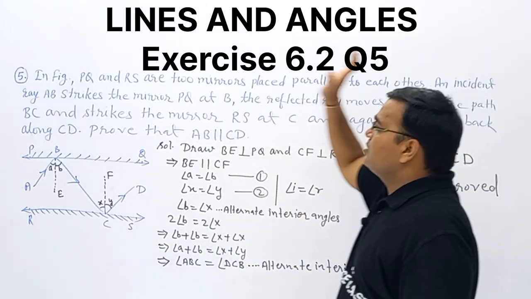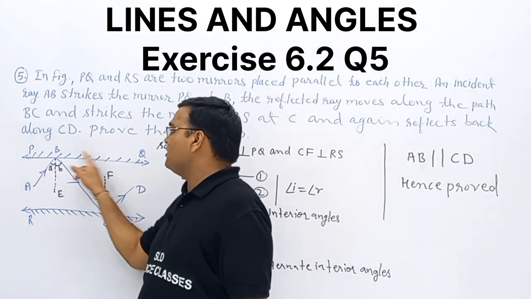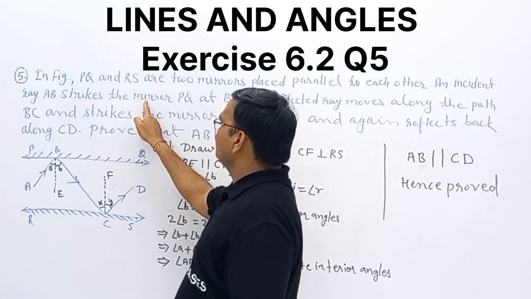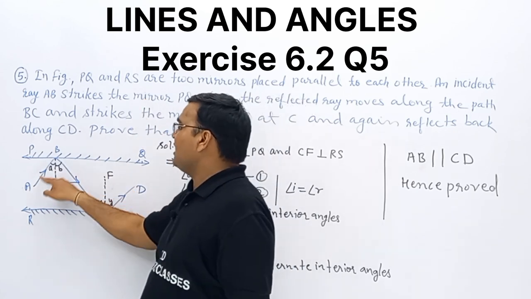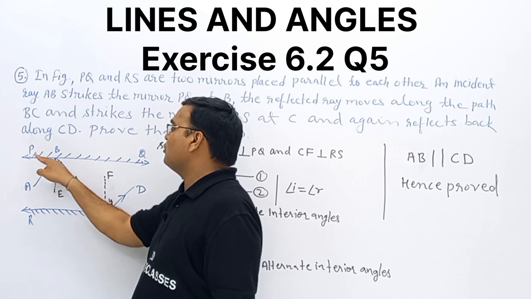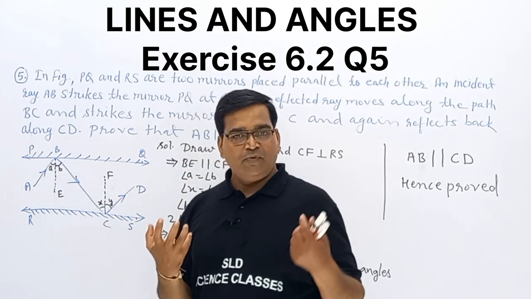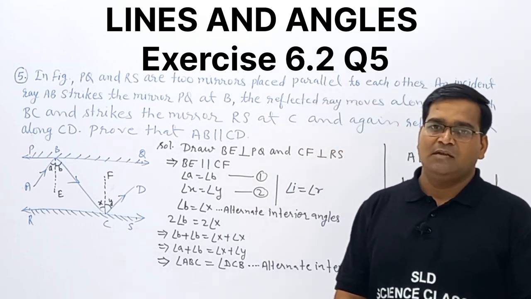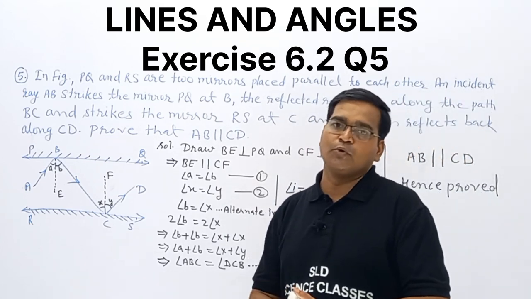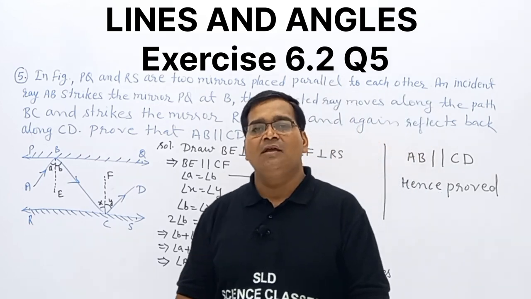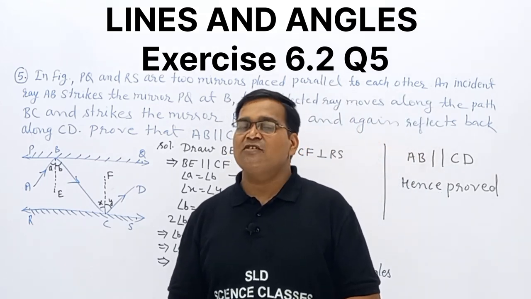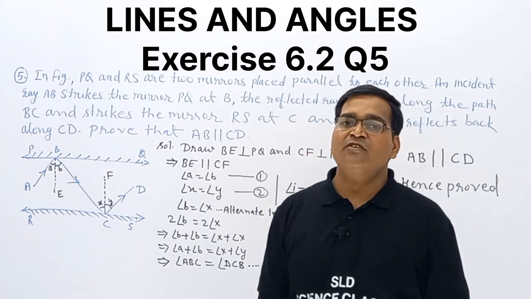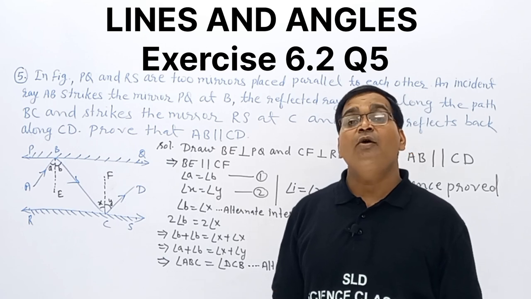An incident ray AB strikes the mirror PQ. In science, in the chapter Light, we have two topics. One is the reflection of light, and the other is refraction of light. Once we talk about the reflection of light, we will talk about